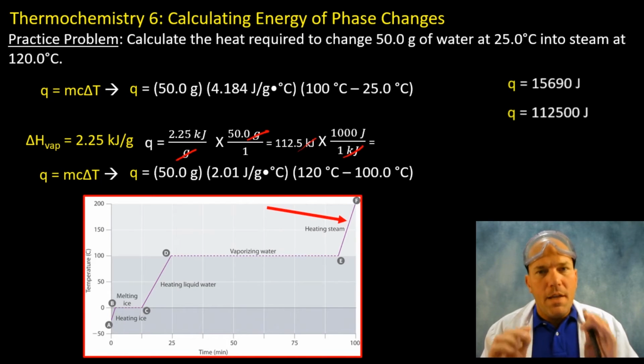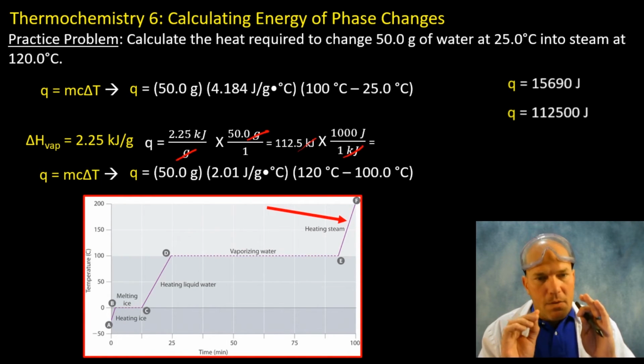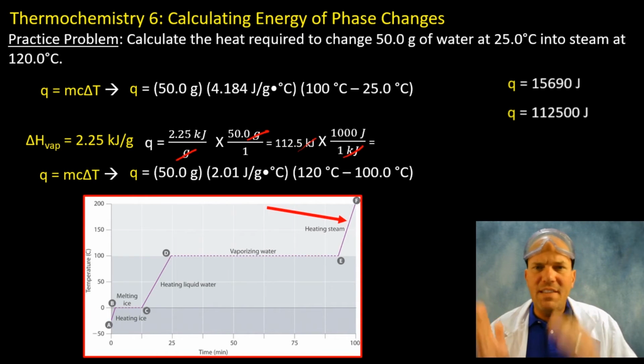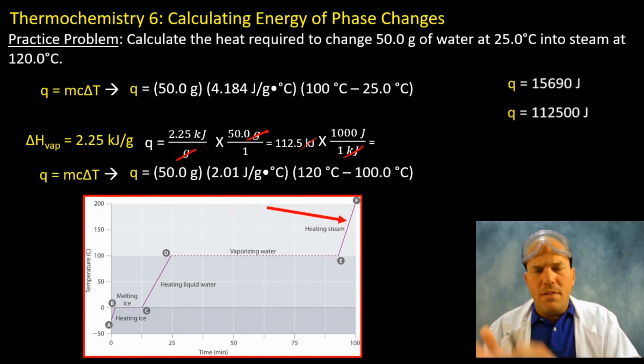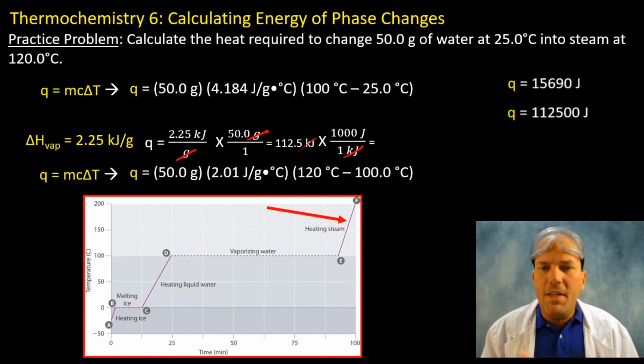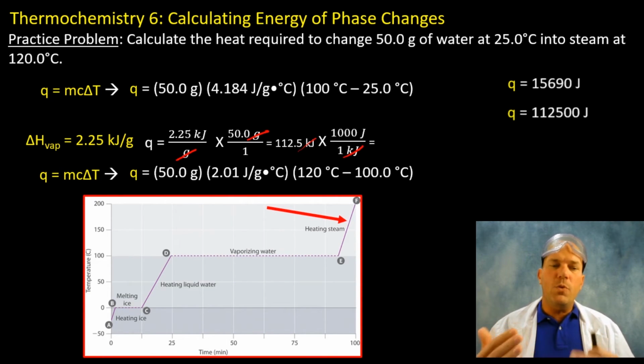Be careful, that's a common mistake. We're going to use 2.01 joules per gram degrees Celsius, which is the specific heat capacity for steam, which is less than the liquid and less than the ice,